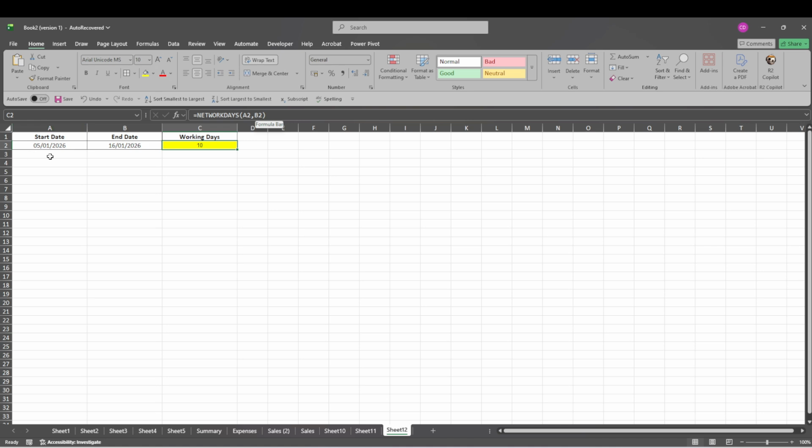If you only use the start date and end date, Excel will exclude weekends by default. In this example, the result is 10, meaning there are 10 working days between those two dates, excluding Saturdays and Sundays. If you also want to exclude public holidays or company holidays, you can include a holiday range as the